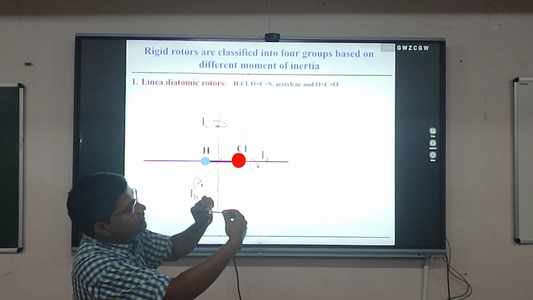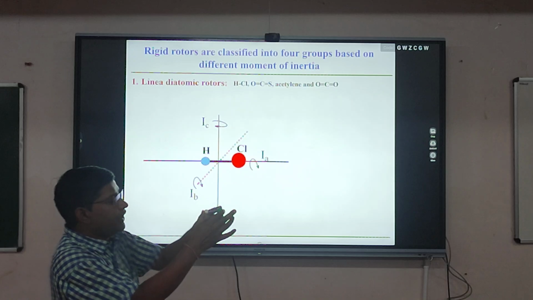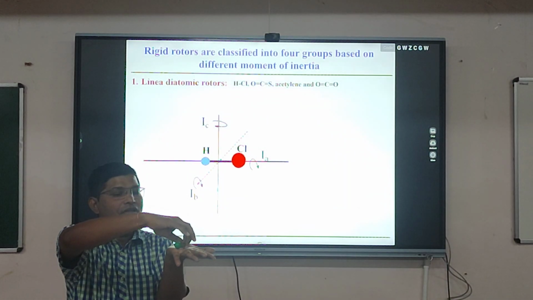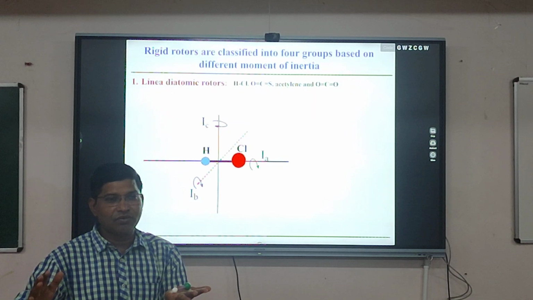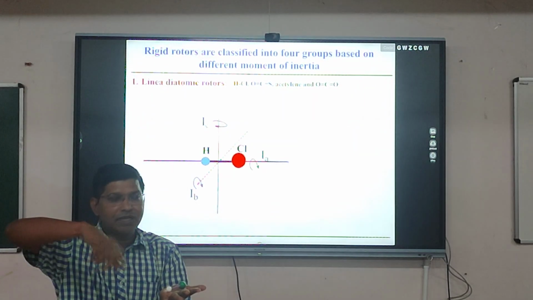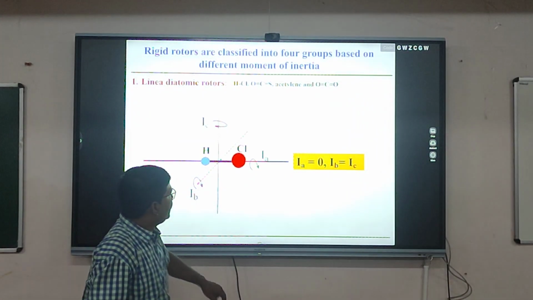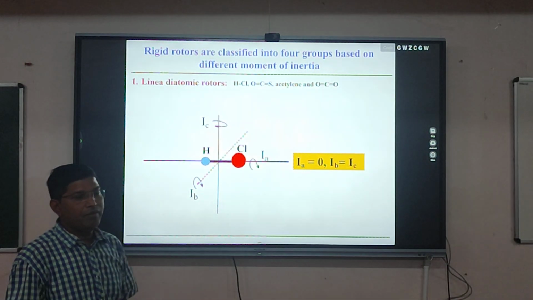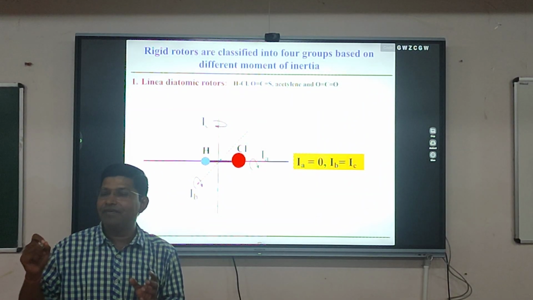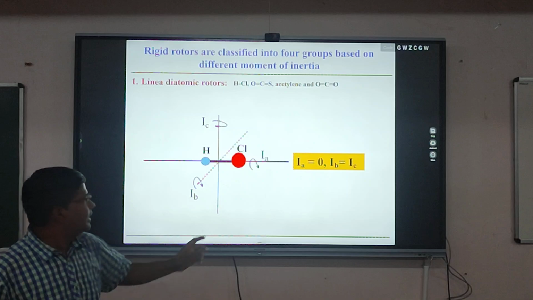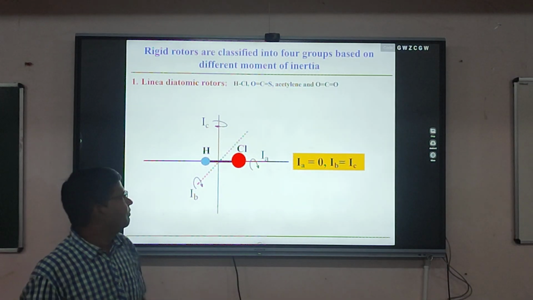In the bond axis, the orientation of the molecule is not changing. Orientation means the position of the atoms in the molecule, and when rotating along the bond axis those positions do not change. Based on that, we can say that the moment of inertia about the bond axis is very small, and we should consider it negligible or zero, when you rotate the molecule along the bond axis.